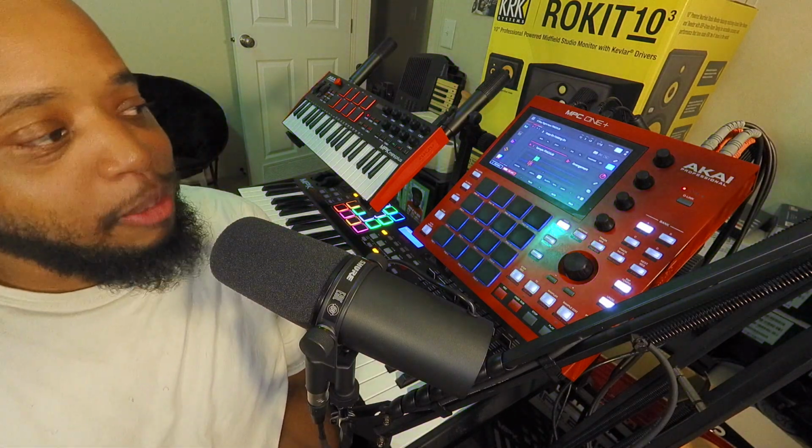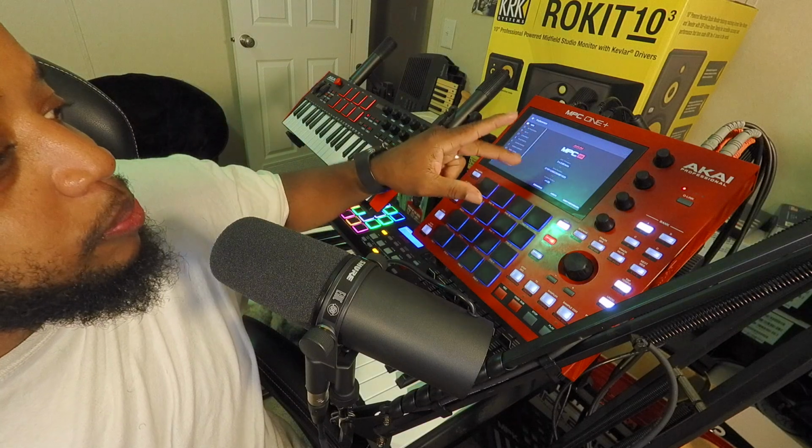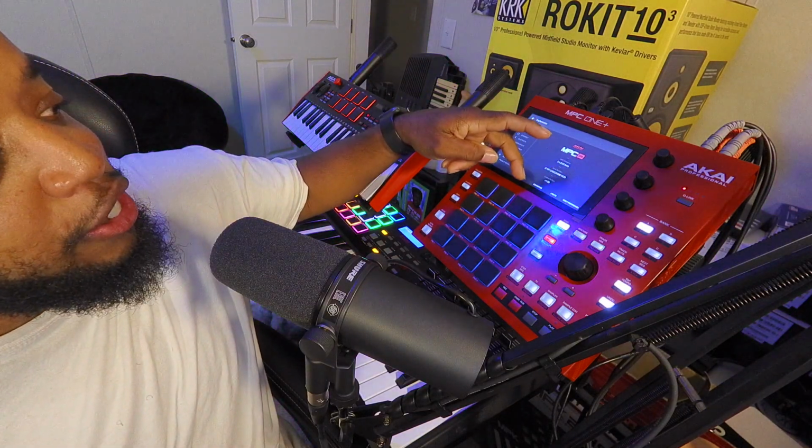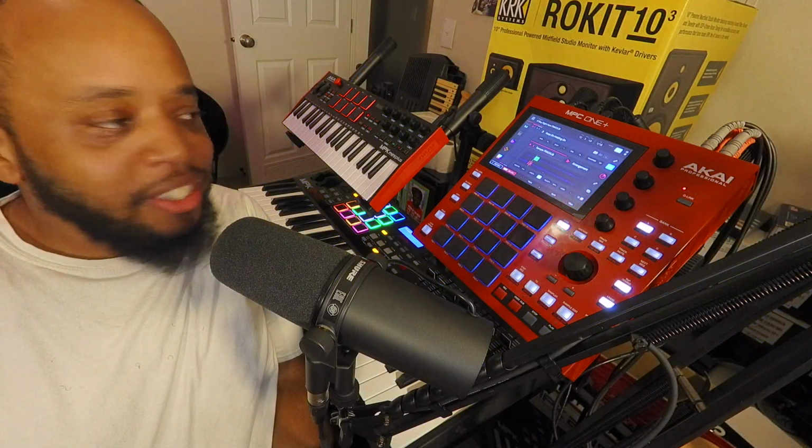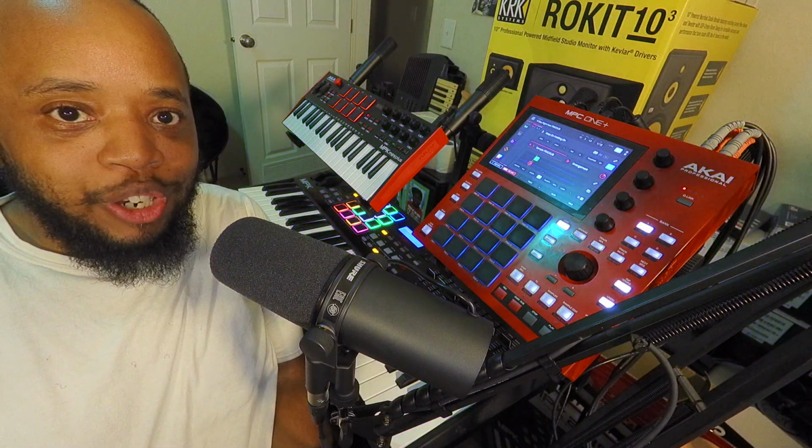And the thing about this too, there is an option right here for you to downgrade. There's an update tab right here, and there's also a downgrade tab right here. I'm not gonna downgrade it. I'm just gonna keep on rocking with it and learning more about it. But like I said, there are some people who are just really old fashioned,